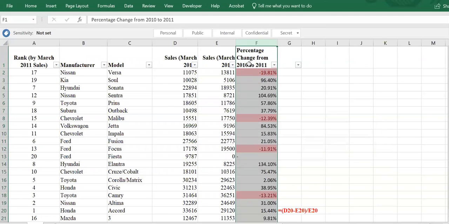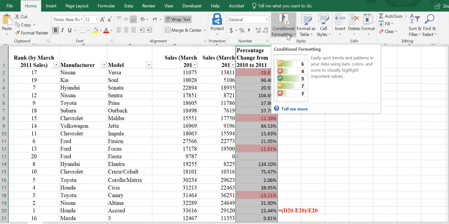So as you can see, the nice thing about conditional formatting is that it just formats the cell in a specific way, and it makes it easier to identify the cells without just looking for these specific numbers. So now when you look at this column, you see that there are 4 cars with negative percent change, basically a decrease from 2010 to 2011, right? And then, like I said, there are multiple